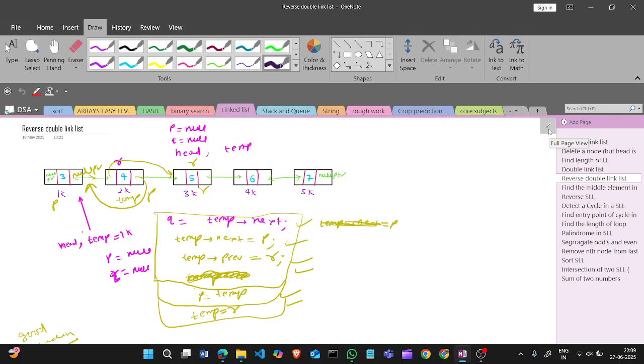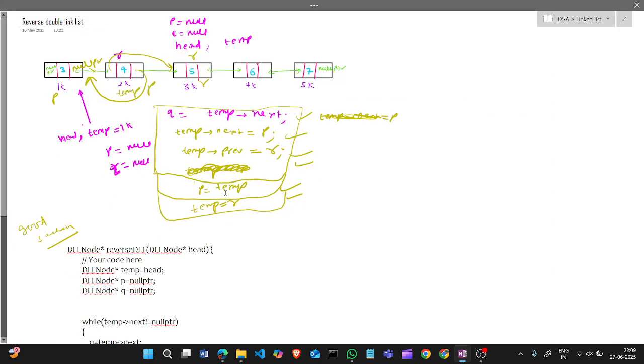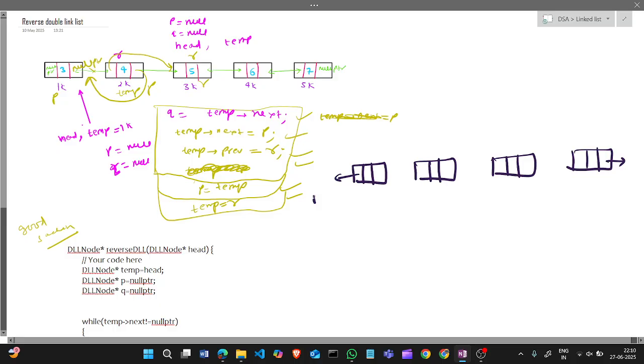If I want to reverse these nodes, this is the double linked list, null pointer, null pointer, and these are connected to each other this way. So here are some values 5 6 7 8.